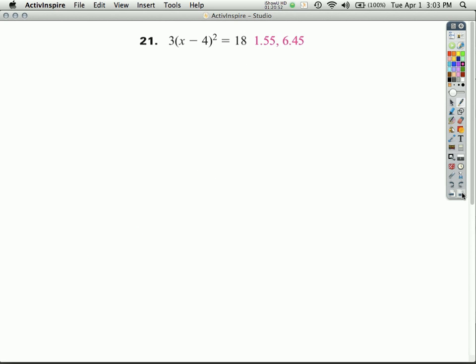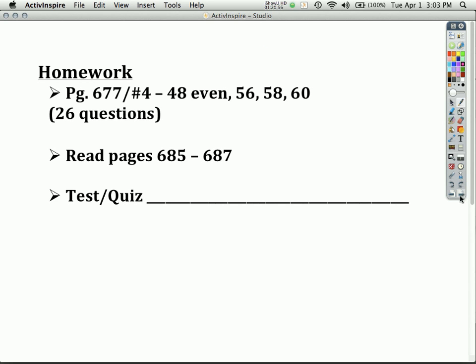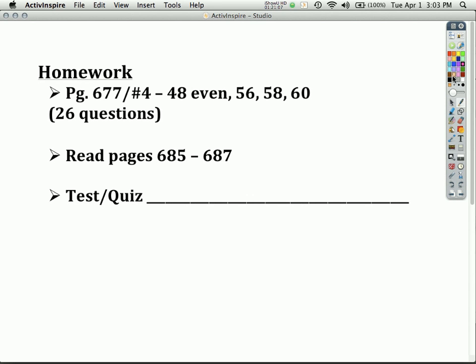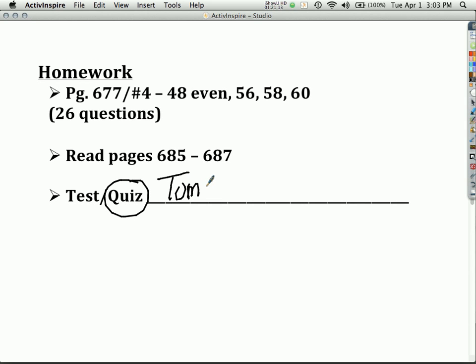So, draw a line across your paper. Your homework is page 677, numbers 4 through 48 even, 56, 58, and 60. Read page 685 to 687, and you are going to have a quiz tomorrow. That will be 10.1 to 10.3. So of course,